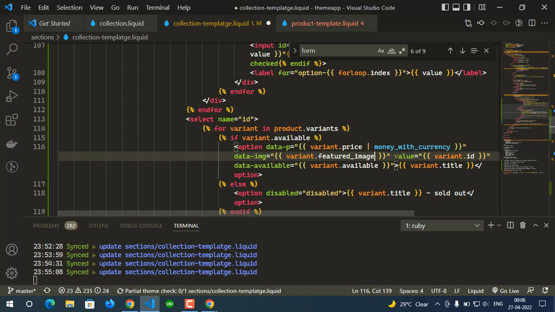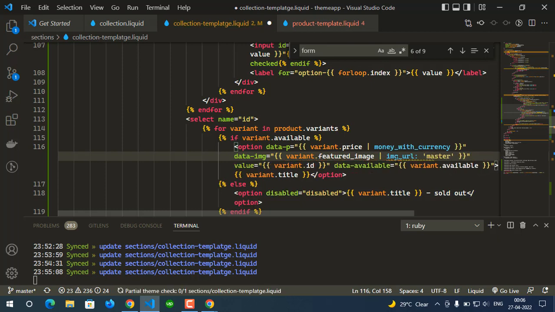I'm going to get URL, let's say image underscore URL equal to